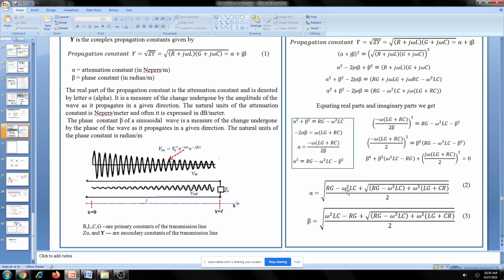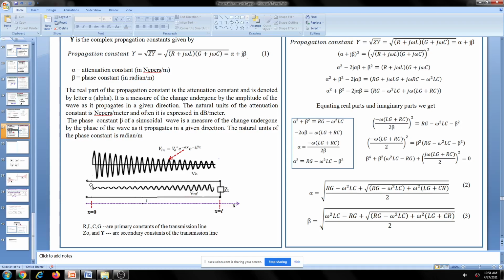For example, at 1 megahertz, what is alpha, and at 100 megahertz, what is the difference in alpha? It is a very big difference. What happens to the value of alpha as the frequency changes is very important. We cannot simply change the frequency, because alpha changes, that is, the attenuation changes on the line. So it depends again on the values here.